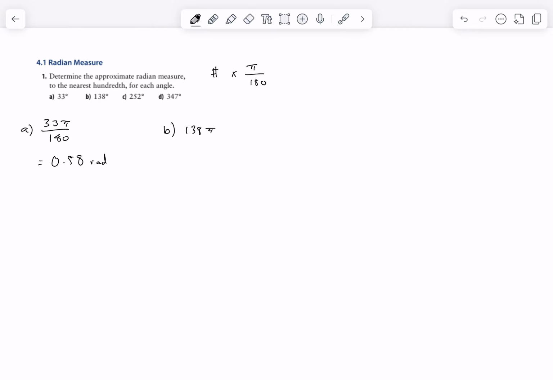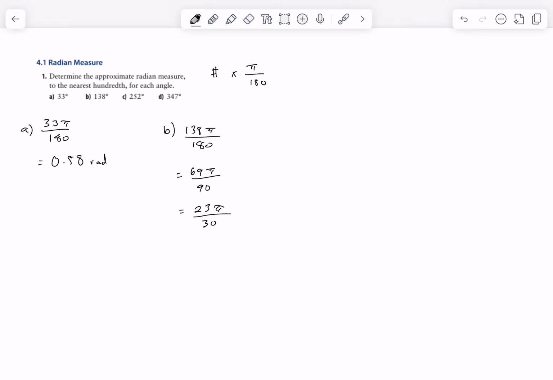Now, in question B, again, like I could write 138 pi by 180. Okay, if I put this on a no calculator test, still fair game. Like that's reducible, and I know it's reducible because the two numbers in the numerator and denominator are even. Okay, and so 138, I could divide it by 2. Okay, and I would get 69 pi by 90. Okay, and then I also know that those two things are divisible by 3. So 69 divided by 3 is going to be 23 pi by